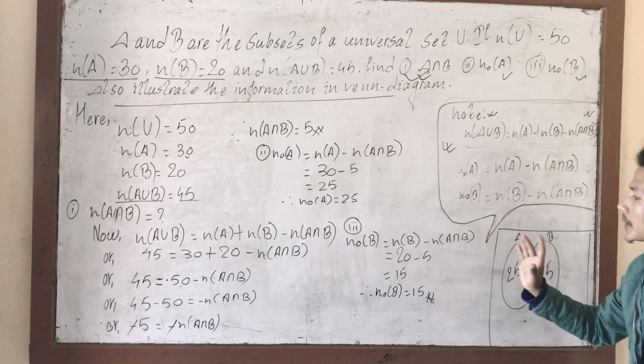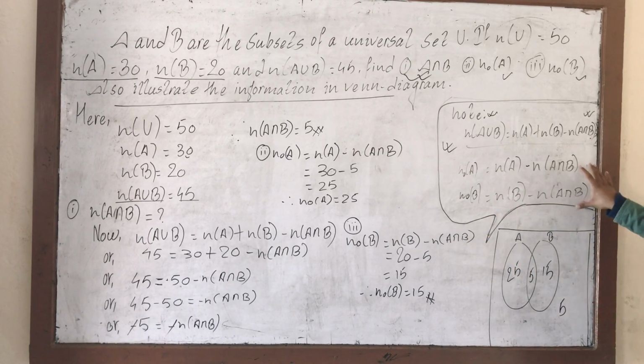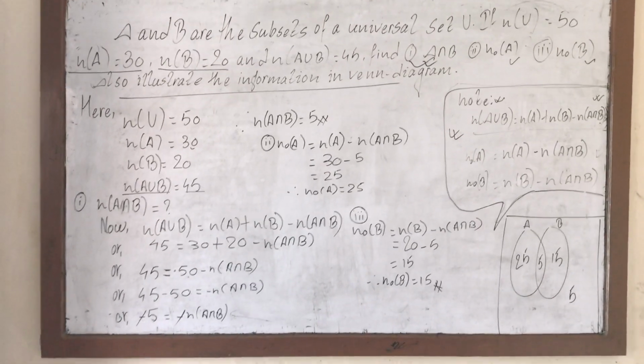I have solved A number, B number, C number, and I have used the notes also, so please make notes in a copy, and try to solve these kinds of questions from your exercise book. Okay, so this much for today, children. If there is any confusion regarding this chapter, we will address it in our coming classes.